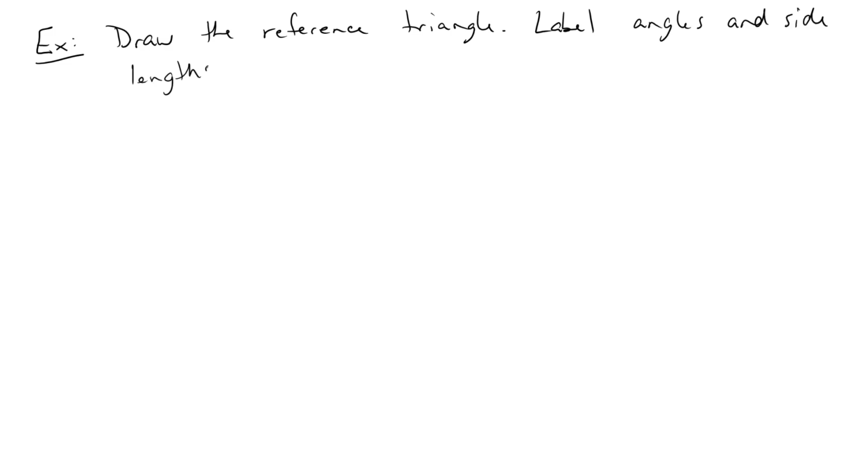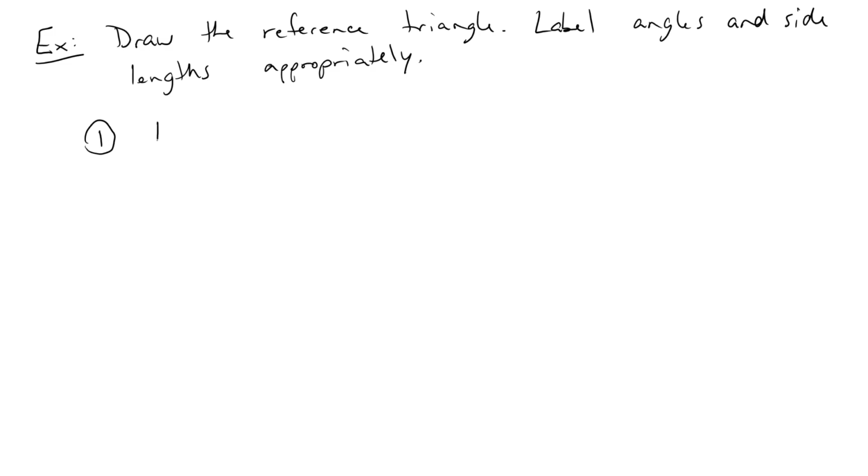Draw the reference triangle. And we'll go even further. Let's label the angles and side lengths appropriately, okay? So here we go. So draw the reference triangle, label angles and side lengths appropriately. So example 1, the reference angle, the angle we're going to look at might be,